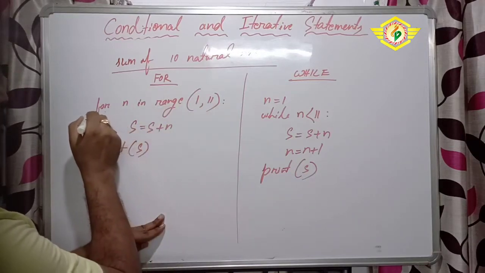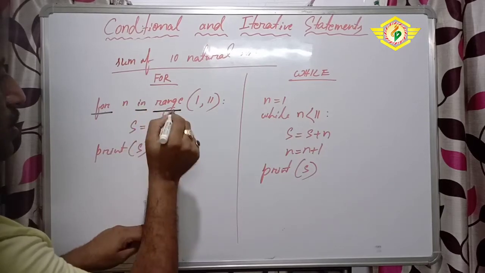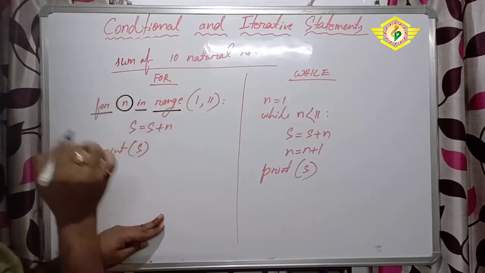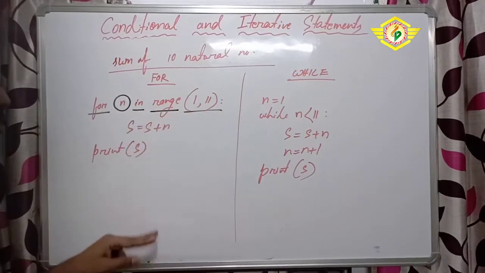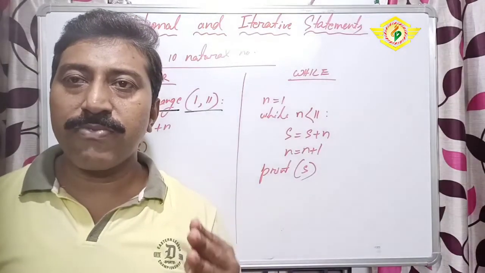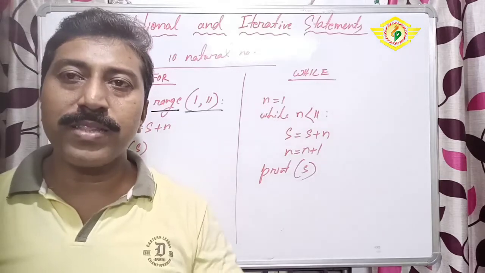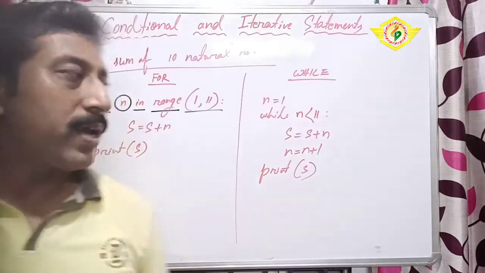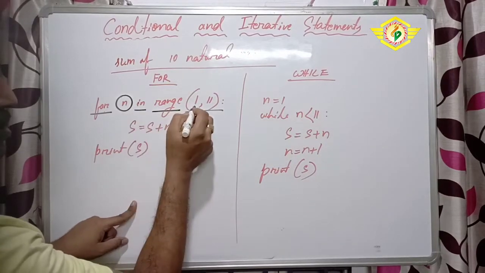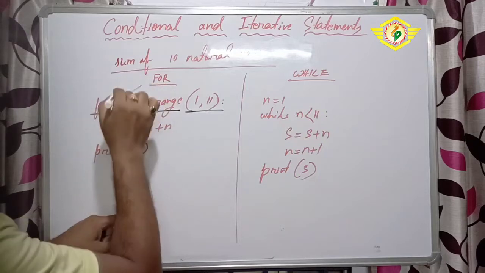That means you see for is the keyword, in is a keyword, range is a keyword. These three are the keywords. This is not a keyword, this is a variable. And this range I have given, I have already told you the range function. 1 to 11 means it will start from 1, but it will take till 10. That's why we are taking the next value, that is 11. In this statement we are finding the sum, and the values 1 to 10, these numbers we are storing in a variable that is called n.